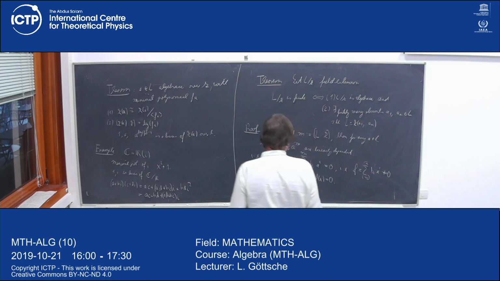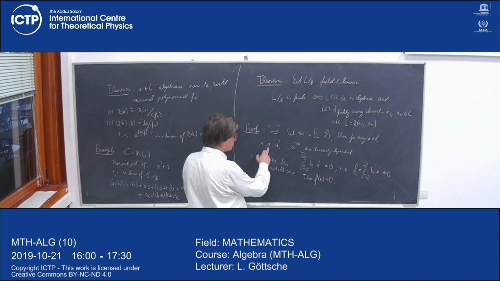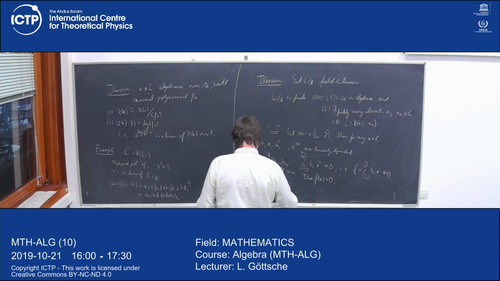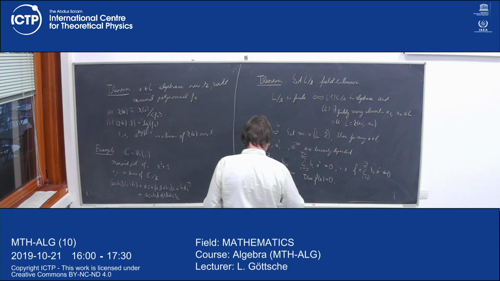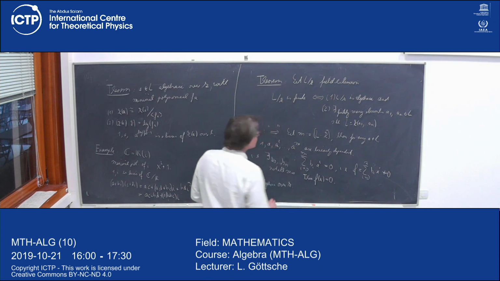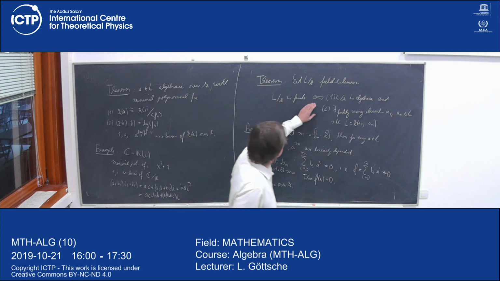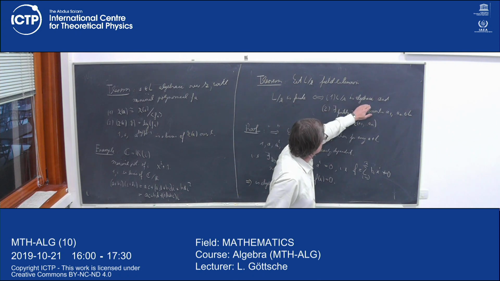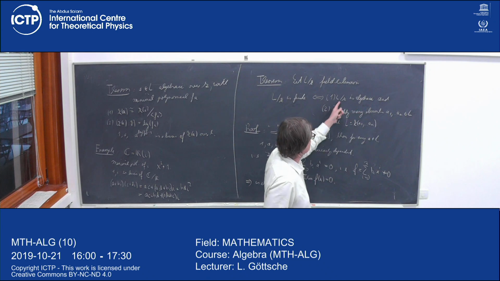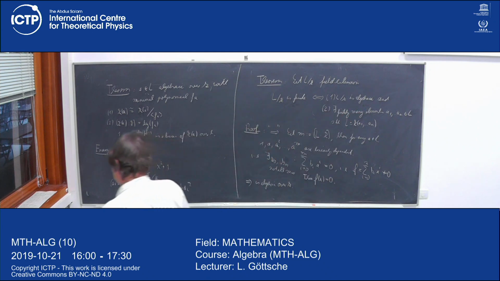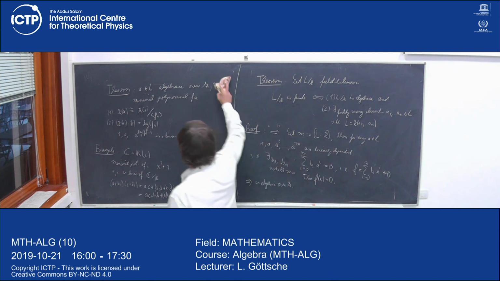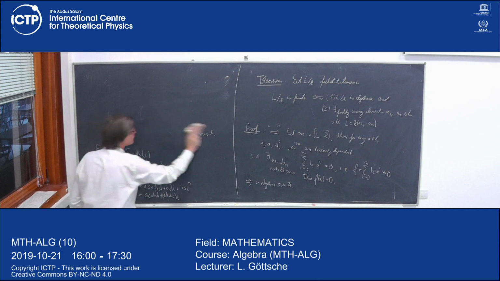So it follows that a is algebraic over K. So thus we have first seen that if L over K is finite, then L over K is algebraic, which by definition means that every element of L is algebraic over K. Okay, now we have to see the second statement